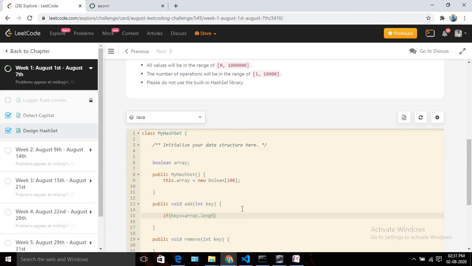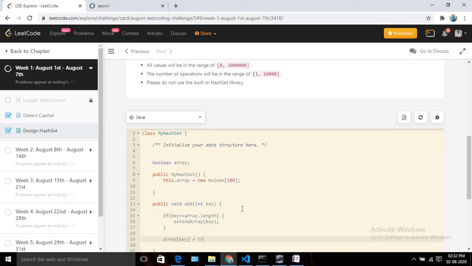If yes, then we are going to extend the array, passing my key. I will implement this function later. After that, we directly set that index to true: array at that particular index is set to true.